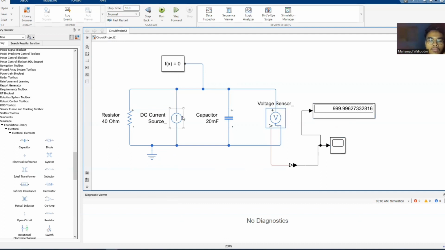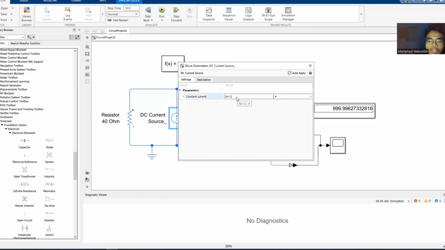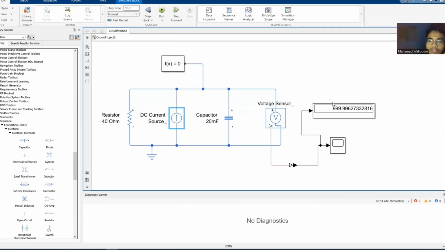So for the first data that has been given, which is 5 exponent negative t ampere, we need to find the voltage output here at the capacitor. So we put the value which is 5 exponent 1 over 2. So we assume the negative t is 1 over 2. So after we run, this is what we got, which is